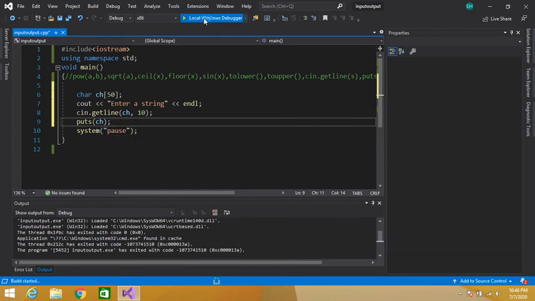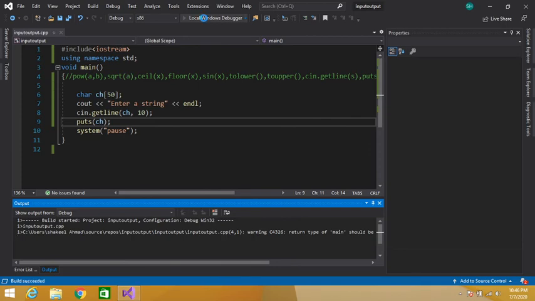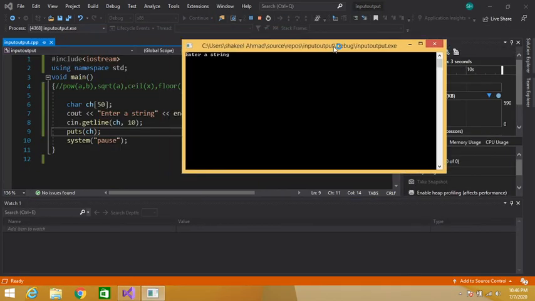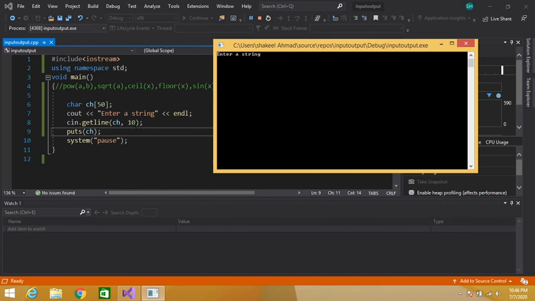So let's execute this program. I have typed 10 here, so we can enter 10 characters. Only 10 characters will be stored in this ch. So let's say 1 2 3 4 5 6 7 8 9 10 11 12.